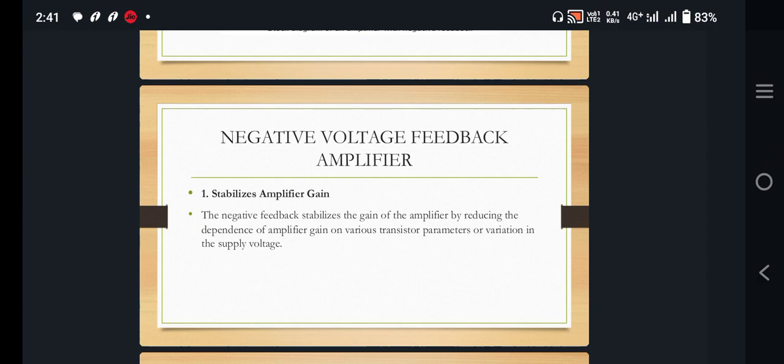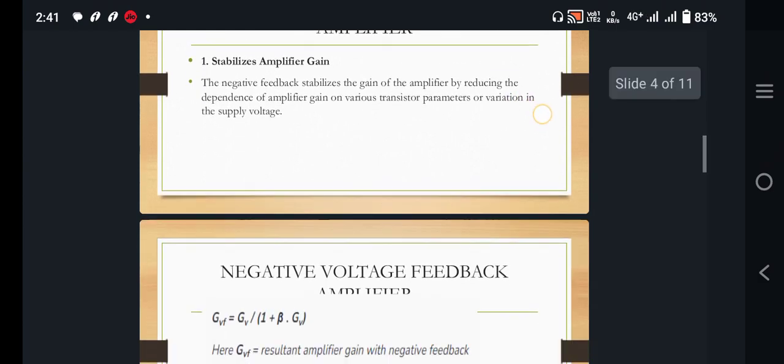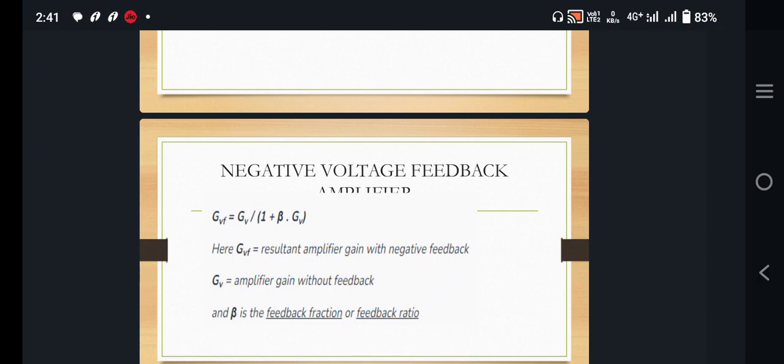Negative feedback amplifiers can stabilize the amplifier gain by reducing the dependence of amplifier gain on various transistor parameters or variation in the supply voltage. Negative feedback amplifier gain GVF is equal to GV, the voltage gain, divided by 1 plus beta into GV. Here GVF is the resultant amplifier gain with negative feedback, GV is the amplifier gain without feedback, and beta is the feedback ratio or feedback factor,